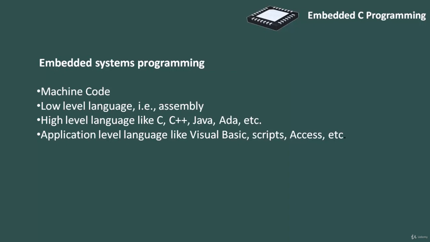Embedded systems are programmed using different types of languages. Machine code, low level language like assembly, high level language like C, C++, Java, etc. and the application level language like Visual Basic,